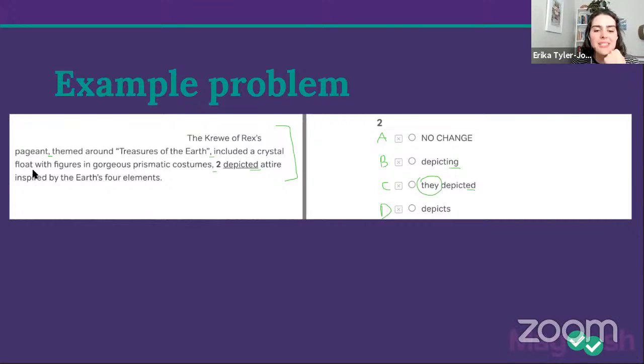But what I'm seeing here is that we got a bunch of different answers, right? I can only see some of the answers popping up here and there, but I'm seeing in the chat some folks going, nah, I don't know, maybe a question mark next to the answer, maybe changing the answer. Okay, let's break this down. We got 39% at no change, 33% on depicting, 15% on they depicted, and 12% on depicts. All right, so we've got a bunch of different answers.